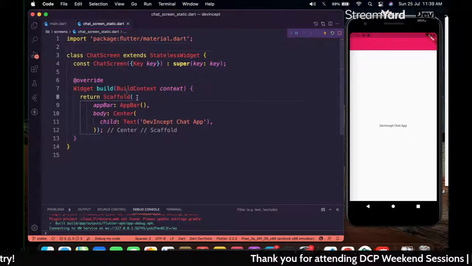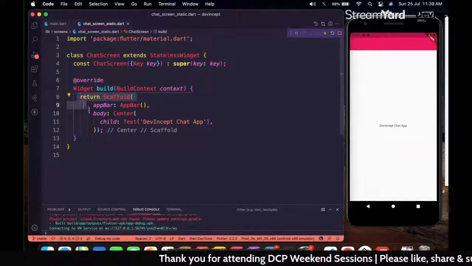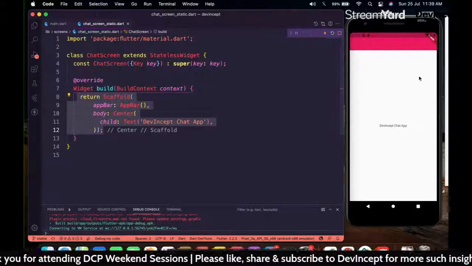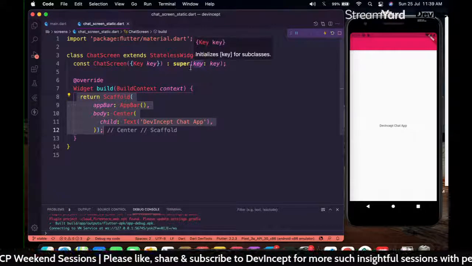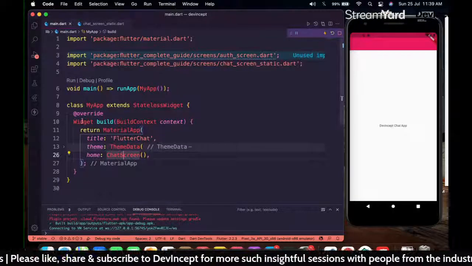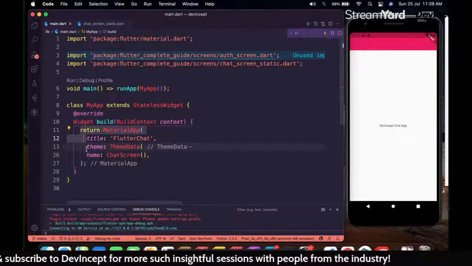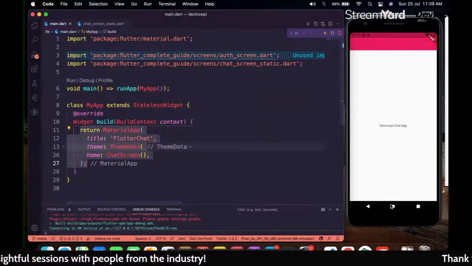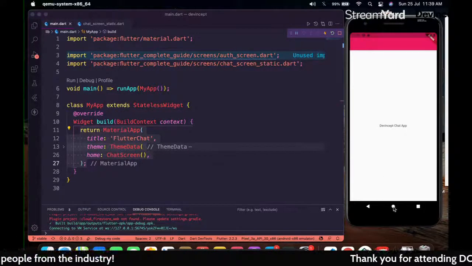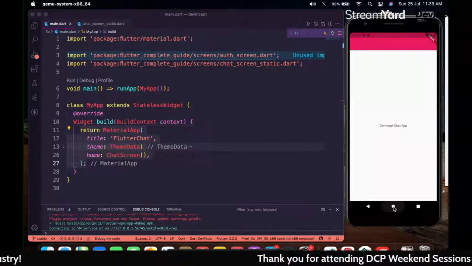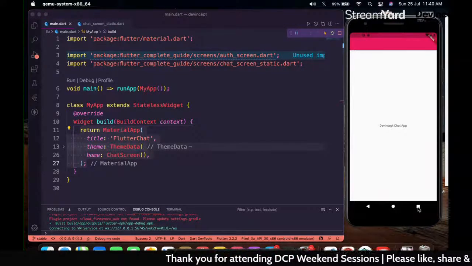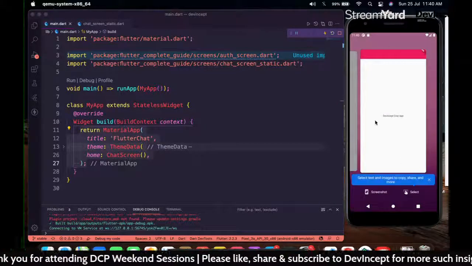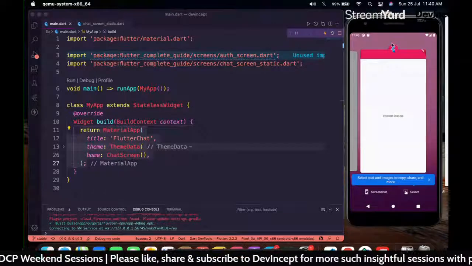In that particular widget, whatever you are gonna return in this particular section, correct, this would be the UI part of it. Be it any page, you will see, if you go to the main section, whatever you are gonna return from the widget would be the visible section. Correct. For example, let's click on this. I'm not sure the emulator would be working properly or not. Yeah, it's working properly. See, so